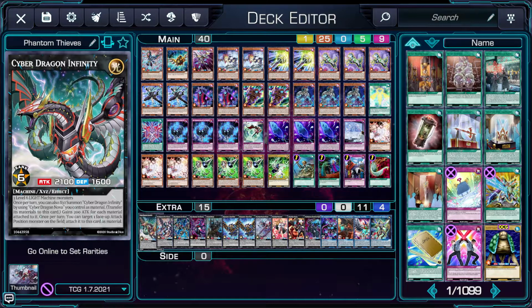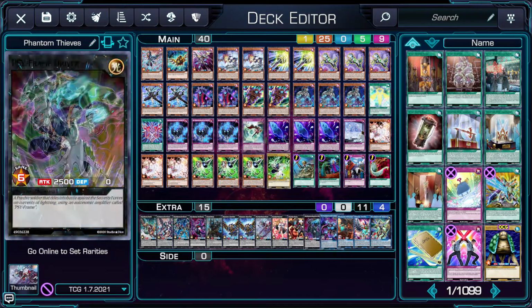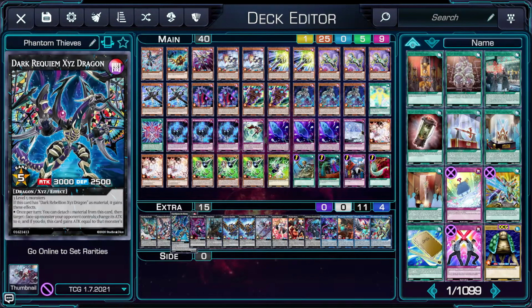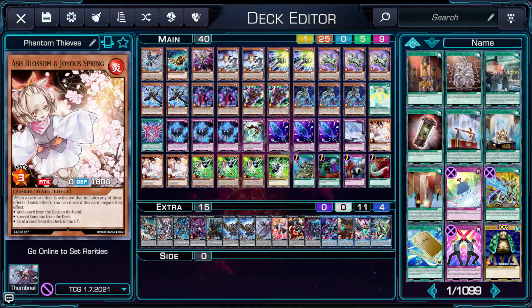That's insane. We are also playing Phantom Knight's Rank Up Magic Force, which we will search with Bardiche or Boots half the time, so we can go into Dark Requiem Exceed Dragon, being our main negator on board. This deck is incredibly reliant on going first, meaning we need to do our best to make sure that our going second is as